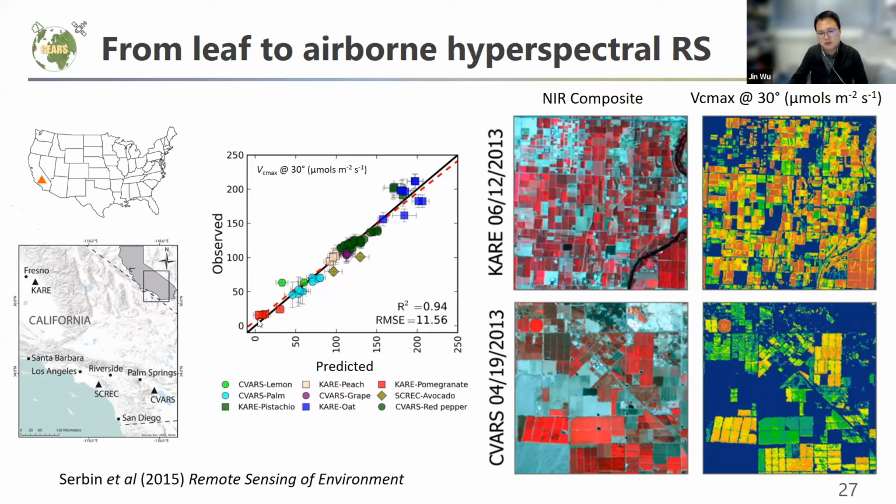And not only are the model results from hyperspectral data really good, but for hyperspectral remote sensing, the advantage is that they can also build a beautiful map, right? So you can apply the model you once trained to the entire landscape. In that case, you can map the physiological trait variability across the entire landscape. And you can also see from April to June, the physiological traits have a large variation, and different species also have large variation. So this kind of technique can potentially resolve both the temporal, seasonal dimension and the spatial dimension.